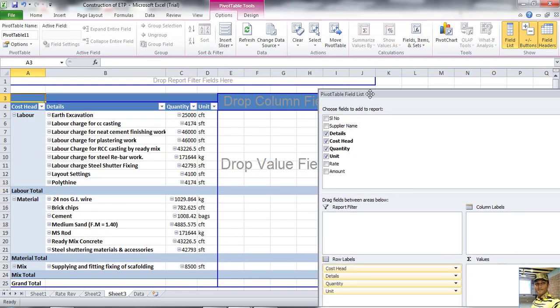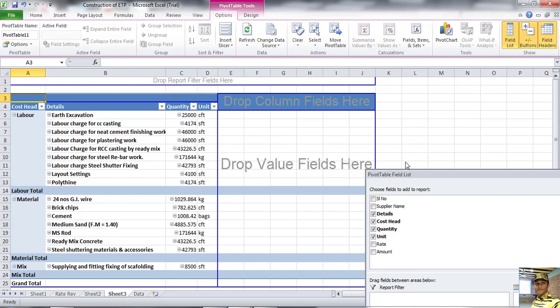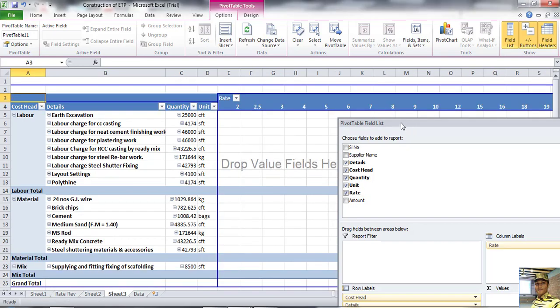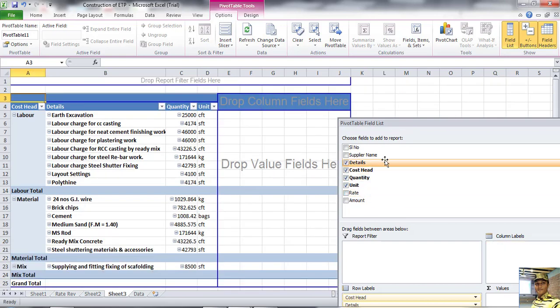Now we want to see the vendor-wise rate, so select this rate and drop it in the column field here. So now see, sorry, I made a mistake, that is not required, so we just input the supplier name here.